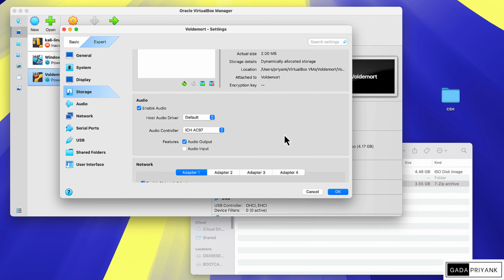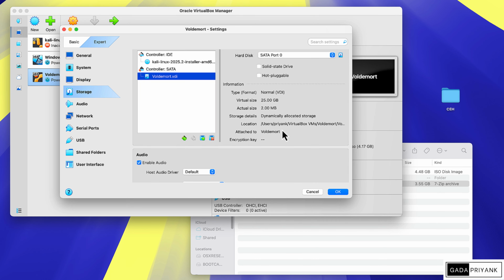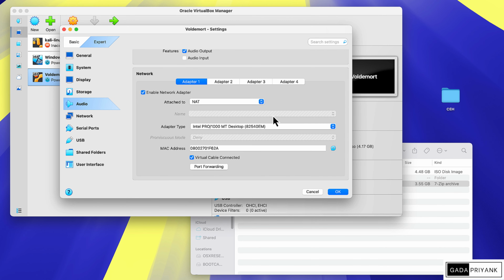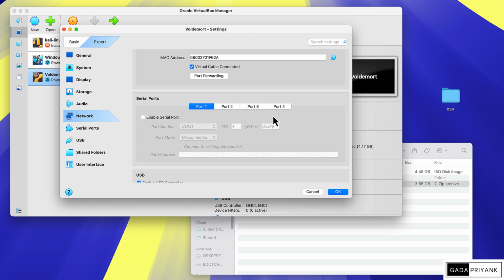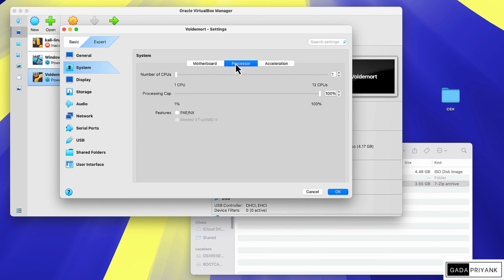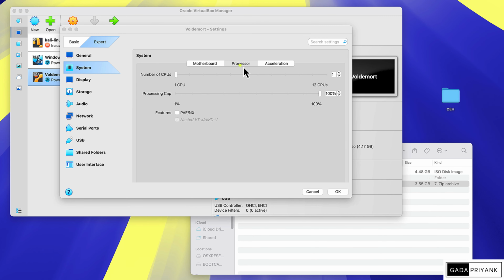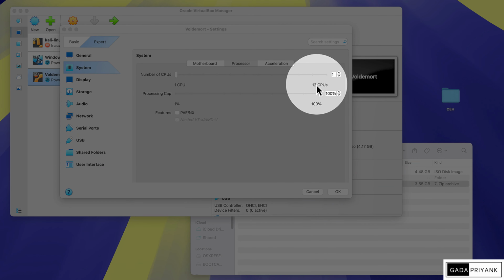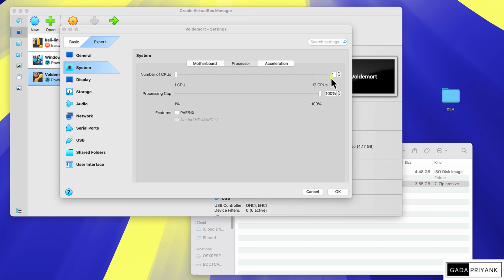If you want to switch between VirtualBox and VMware or other virtualization setups, you can use the VMDK format. Over here, this is for networks. In case you want to have multiple networks, you can add the NAT card. One more thing: if you want to make your virtual machine faster, you can go to Processors and increase it.